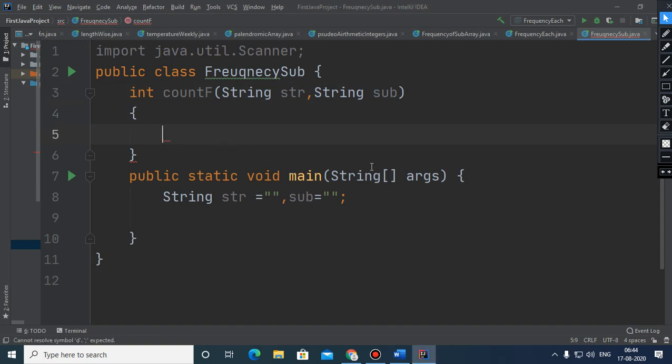So children, first of all, consider this string, which is ABCD ABC ADE, and the substring is ABC.